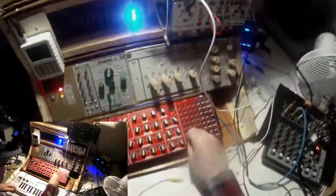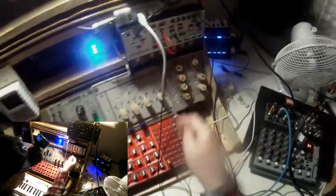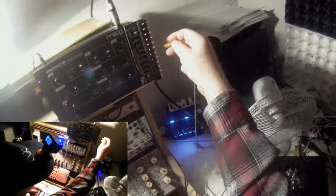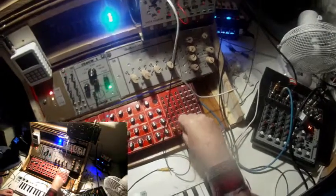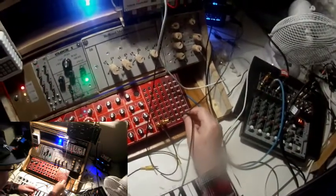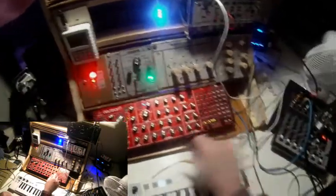All right. And I patch the LFO out here from the Volca Modular into sum 1A, the summing module of the Neutron, and then I take the LFO out from the Werkstatt. And here it is, and patch it into sum 1B in, and from there I take the output of the sum of both LFOs at first and patch